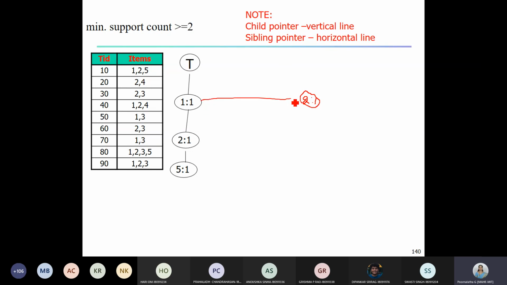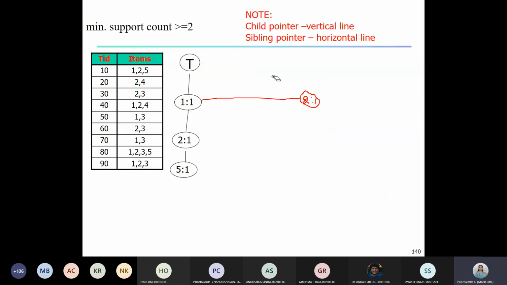So this is the horizontal line. Again, the vertical line is used for the child pointer and the horizontal line for the sibling pointer. Suppose I write it like this, then this is wrong. This is not at all acceptable in a PC tree.